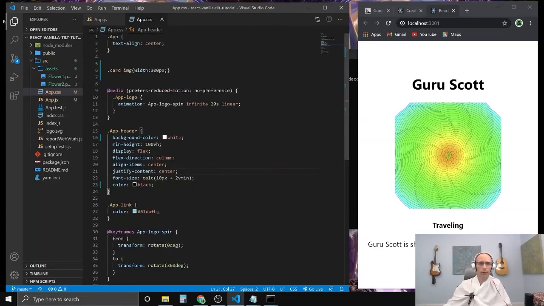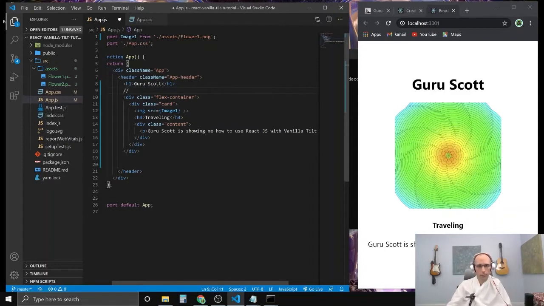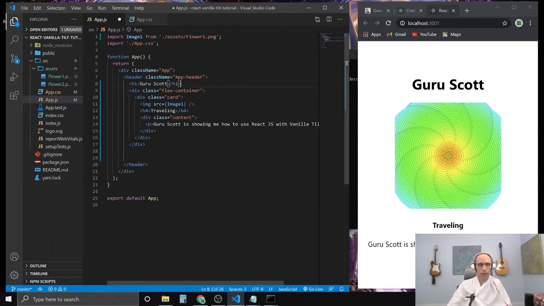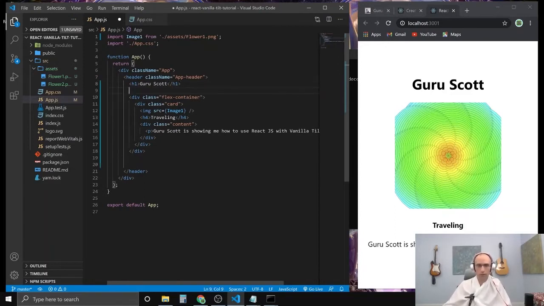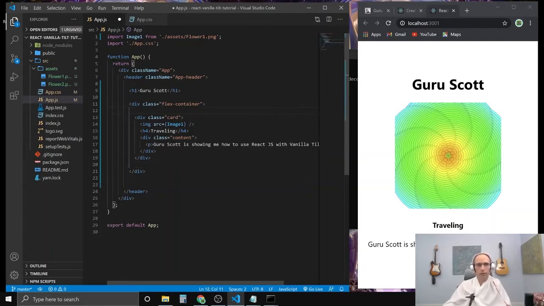And okay, so now that at least it's visible, not so crazy. We are going to come in here and grab this flex container. I'm just going to separate them out so you can see it easier. So we got the H1, then here, the flex container, and then we have a card inside of that, just to make it a little clearer. Okay, so this card,